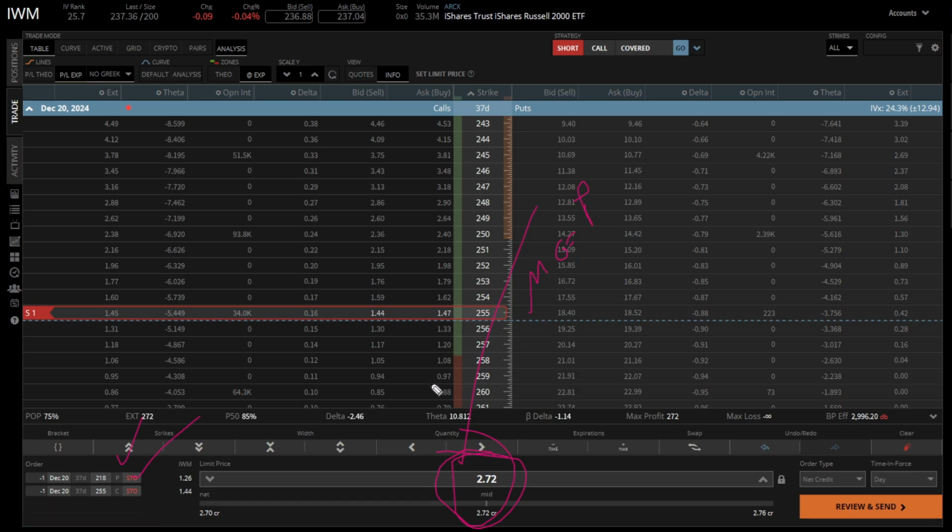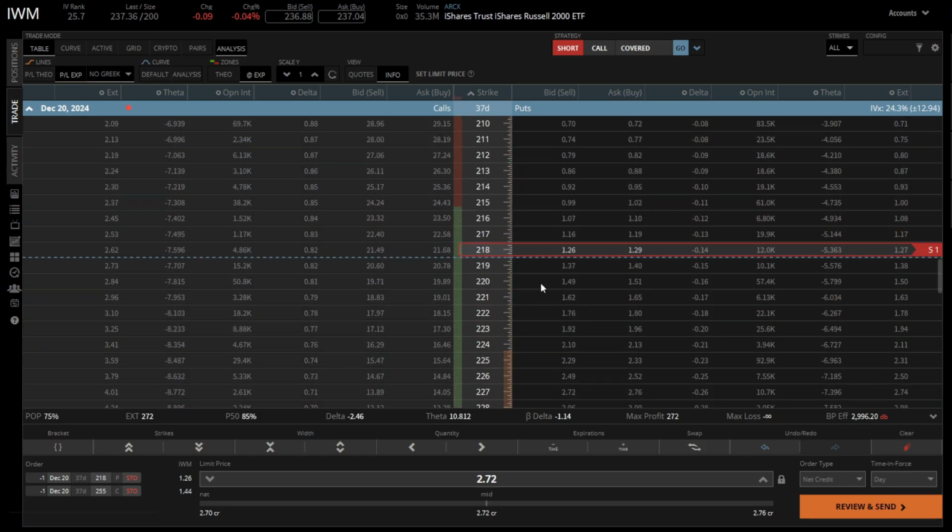So basically we're saying to someone, if the price passes above 255, we're going to sell for you at 255. If the stock is worth $500, we're going to sell at 255 and take the loss of the difference. And if the price goes below 218, we're going to buy at 218. But what about if IWM dropped to $100? We're still going to have to pay $218, okay? That's the way it works when it comes to Strangles.